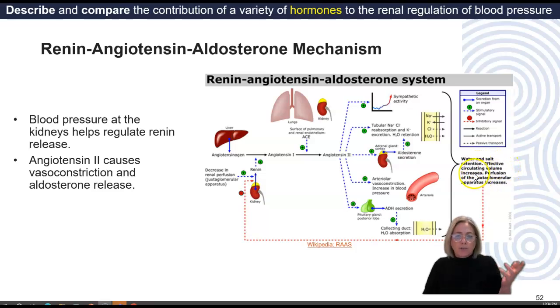We have the effective volume of the blood increasing, and then that turns the whole system off. When we get to the renal topic, we will talk about this in a little bit more detail, about how aldosterone will cause that reabsorption of sodium back into the blood, but at the same time will promote potassium excretion by putting the potassium ion back into the filtrate.